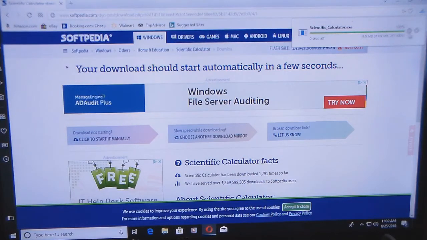Okay, so it is done. I don't see the folder icon yet, which means